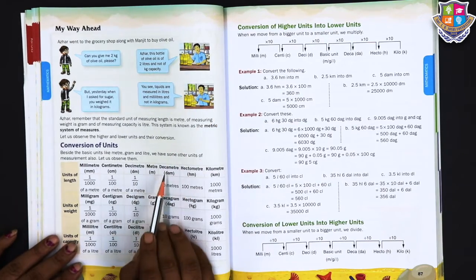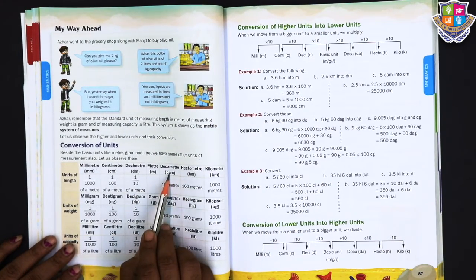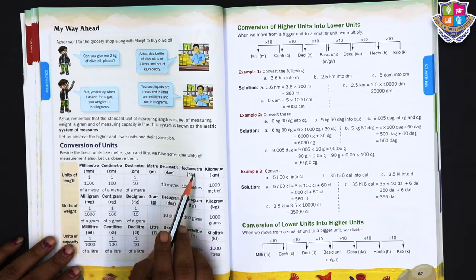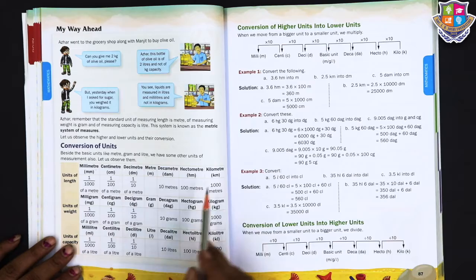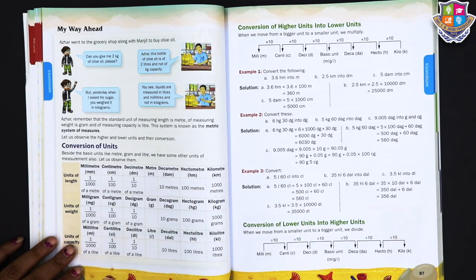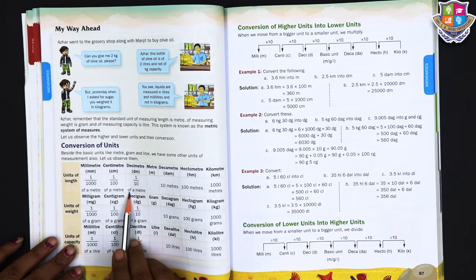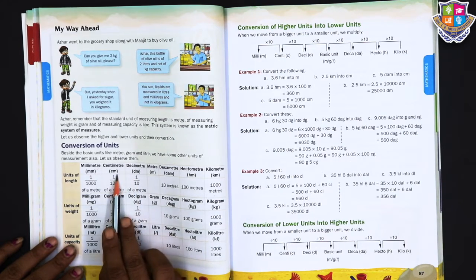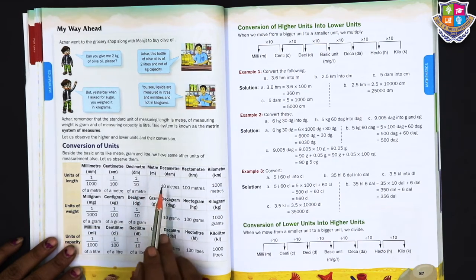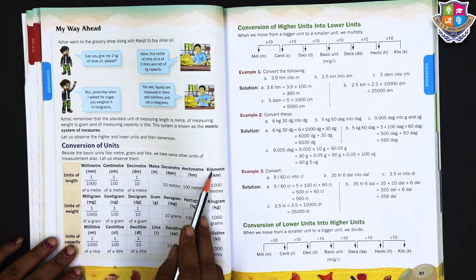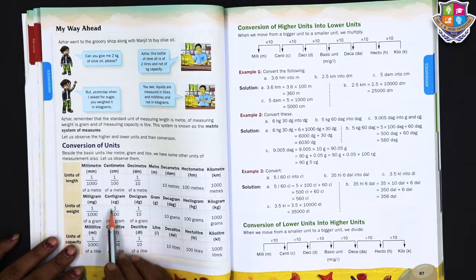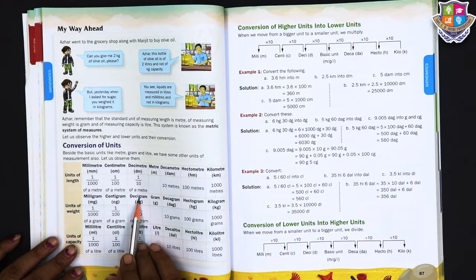Now decameter. What is the decameter? It means dam. So decameter is 10 meters. Hectometer means 100 meters, and kilometer means 1000 meters. So what you are observing from that is, when you are moving to decimeter, centimeter, millimeter, the numbers are in fractions, 1 upon, and when you are moving to decameter, hectometer and kilometer, it is 10 times of the given one.